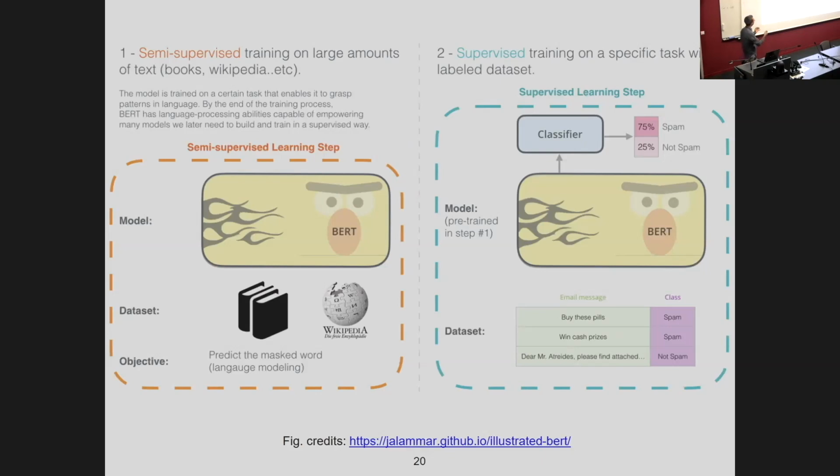So all the knowledge that is coming from this exercise, it's already there. So you don't need to specify that, I don't know, pills and drugs, they are related semantically, because it's already here. So if you train it with the pills in your training data to say that it's spam, when you see drugs, it knows already that those are closely related semantically. Okay, so you do the fine-tuning, you get a new model,